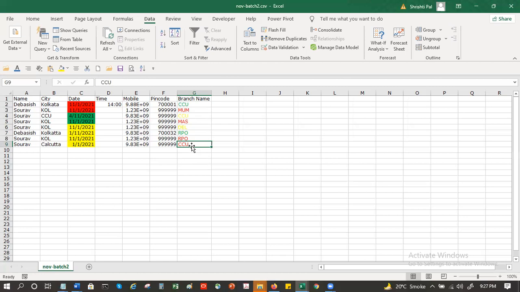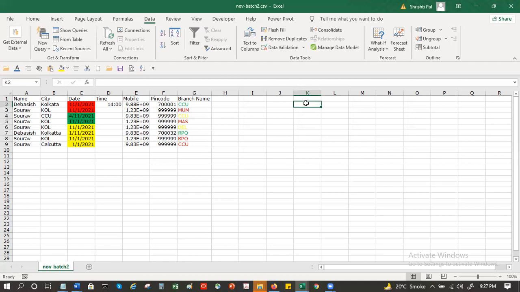Okay. Yes, sir. Now filtering. Next, let me go to filter. Normally the way we suppose you want to fetch the data for CCU, let's say all the data for CCU, how do you do that? Can you just repeat the question once again, sir? My question is, out of these 8 rows of data, I just want to pull out the CCU data. Maybe in this section here, I just want the CCU data.